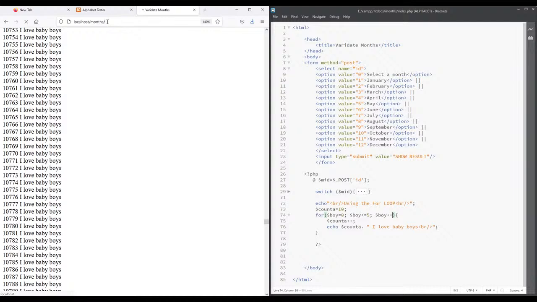Execute again. Okay, the server is trying to figure out what happens next. So the thing is that when you increment it before, it's going to keep on